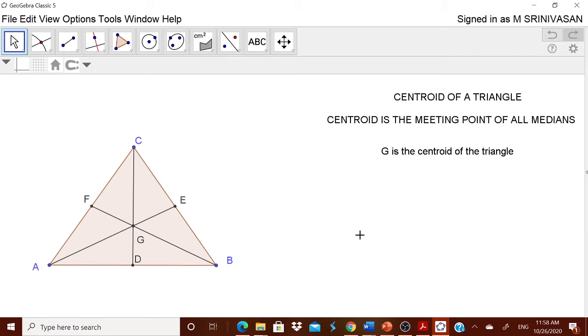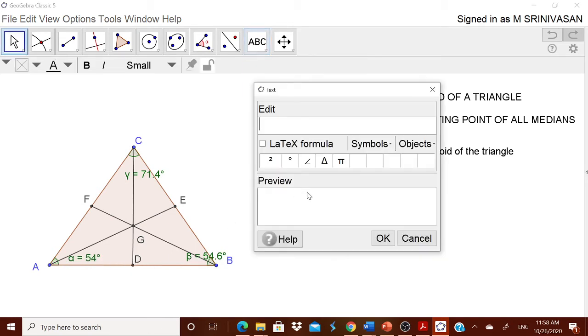Now what is the next one we want to tell the children? For any triangle, whether it is an acute triangle, an obtuse triangle or a right angle triangle, the centroid will always be inside. For that, we will tell them to check it. You will go to this angle tool, simply click it, and you get all the angles. By seeing the angles, the child can understand what type of triangle they are talking about. Therefore, in the text, you declare that the centroid always lies inside for all types of triangles.